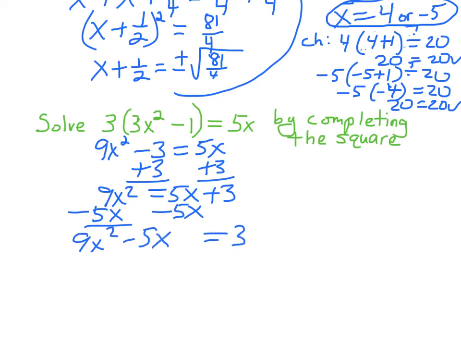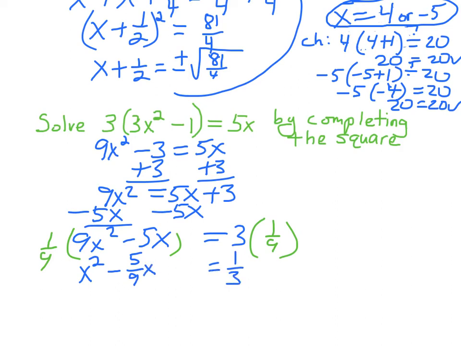Now I need to get rid of this 9. So I'm going to multiply both sides by 1/9 to get rid of this 9. I need to have a lead coefficient of 1 in order to complete the square. So this is going to be x squared minus 5/9x equals 1/3. So to complete the square,